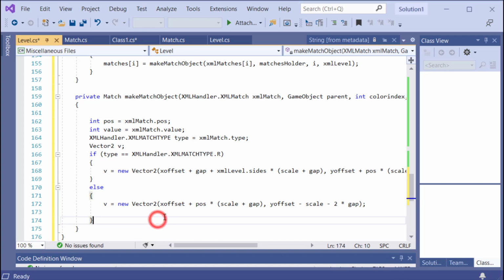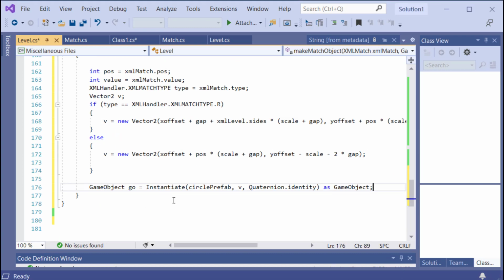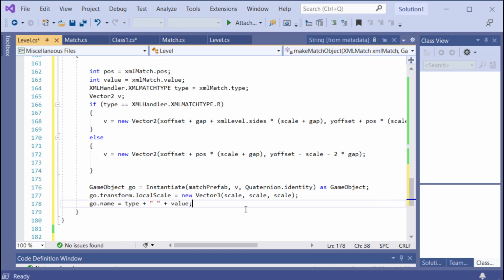We can instantiate the object. So we're using the prefab, it's actually match prefab here, and V for the position, and it is a game object. So, okay, now we have the game object. And remember, this is the match prefab, right? So we'll scale it like the others. And we'll also give it a name using its type and value. And then we'll